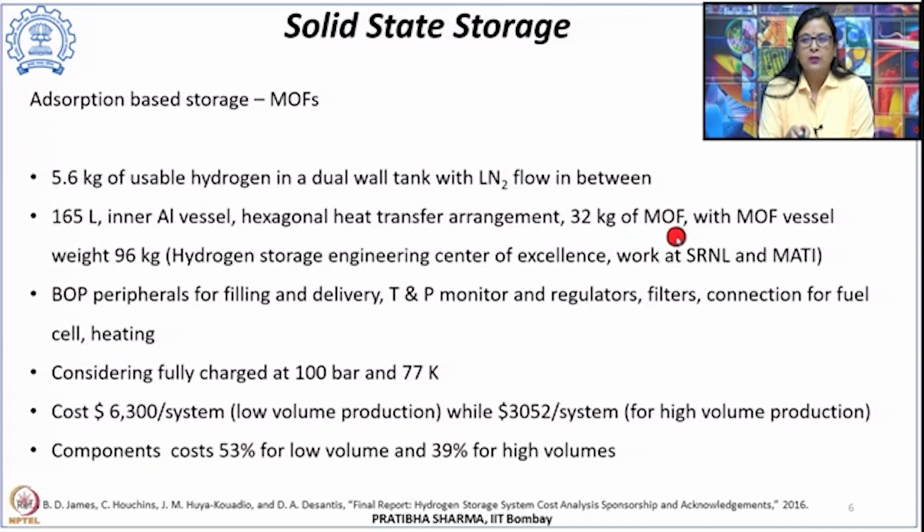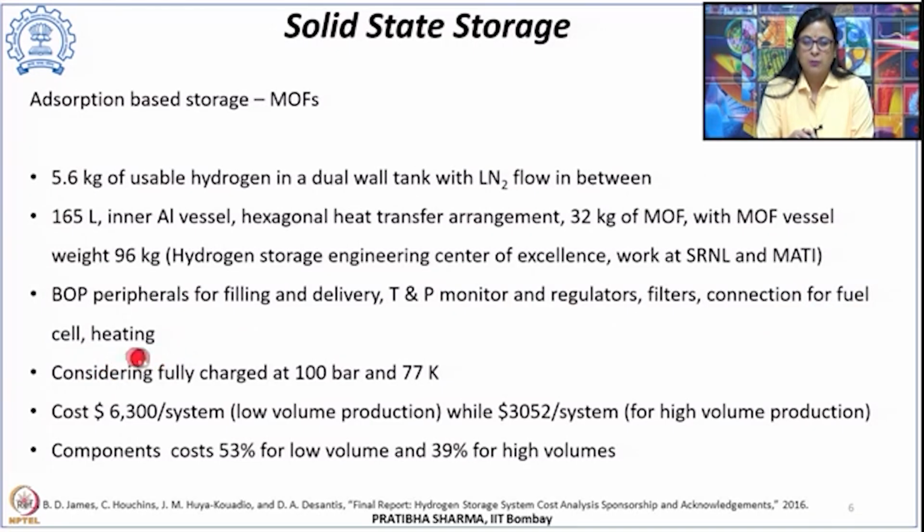Now without the metal organic framework, the tank weight was 96 kgs. And then there were several other balance of plant peripherals that were incorporated, like those for filling the tank, for discharge of the hydrogen, release of hydrogen from the tank, temperature and pressure monitors and regulators, then there were filters, several connections required for connecting it for usage, and heating arrangements so as to get hydrogen